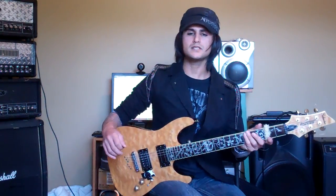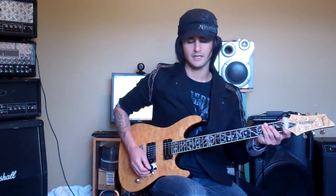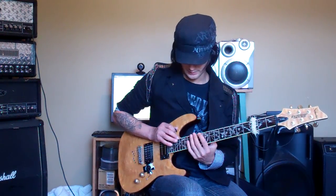Alright, so let's go back and pick these apart. Figure A is an E minor 7. Now, basically what this little technique involves is unassisted hammer-ons with the left hand, tap notes with the right hand. And it's 3 notes per string, and what we're doing is basically creating a triad, and for the most part, moving the triad from string to string in octaves. So basically, figure A, E minor 7, what I'm doing is